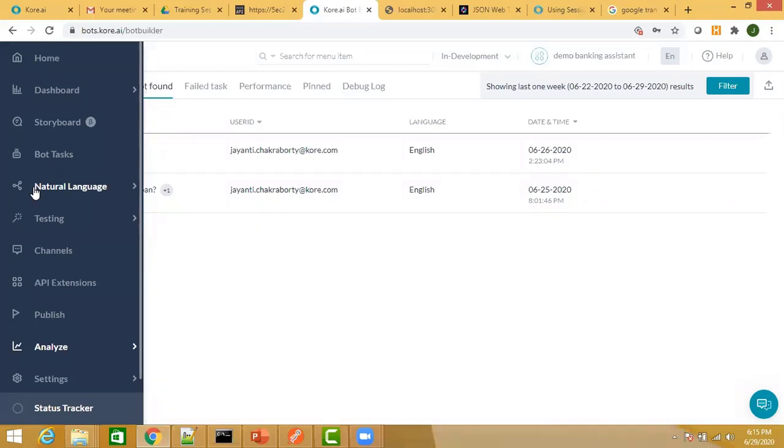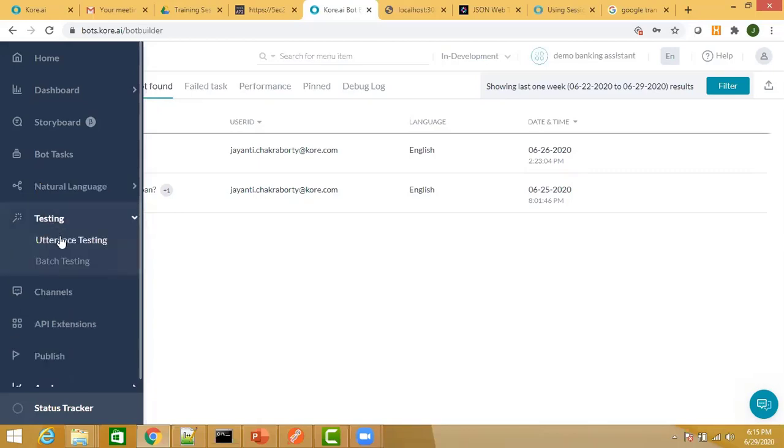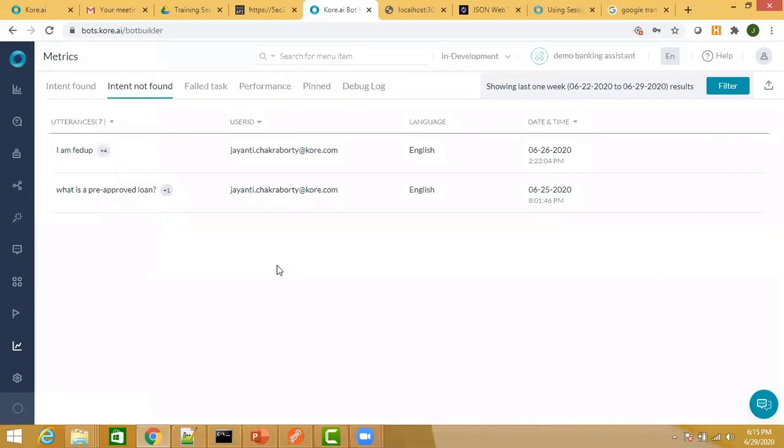The purpose behind it is, maybe you have an application from where you want to call our bot, pass an utterance and see whether an intent is getting identified or not. Or maybe you are in an environment where you do not have your bot's platform to go to utterance testing and do the required utterance testing, but you want to pass an utterance and see whether your bot is able to process that utterance and match it to an intent or not.